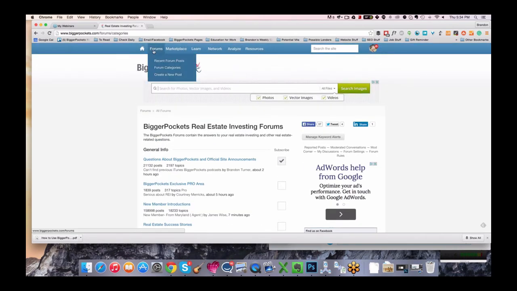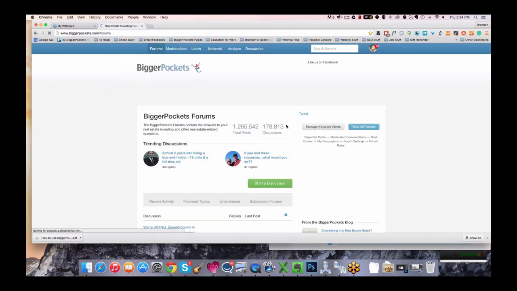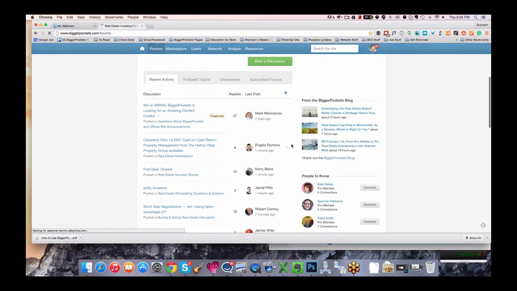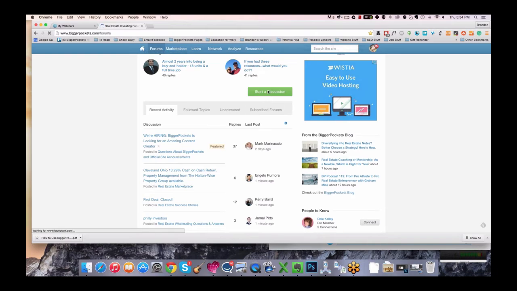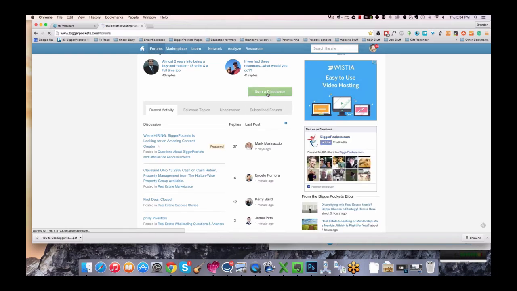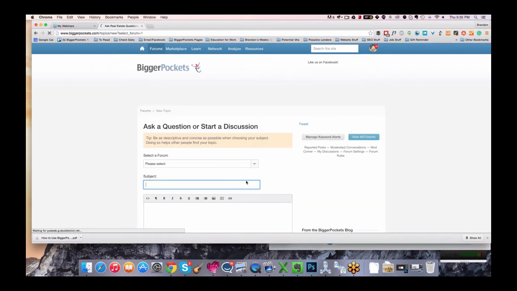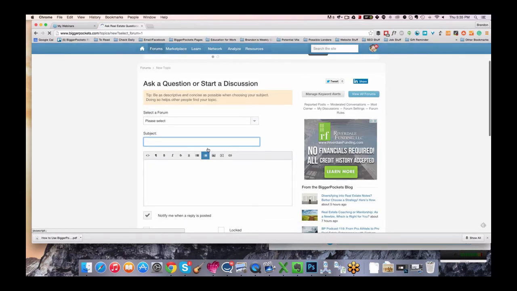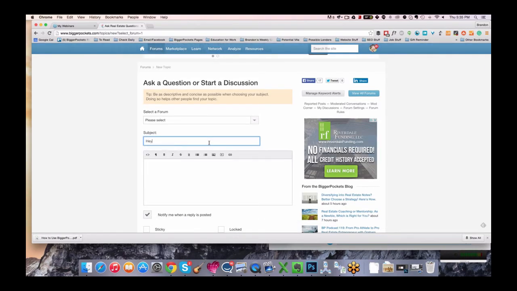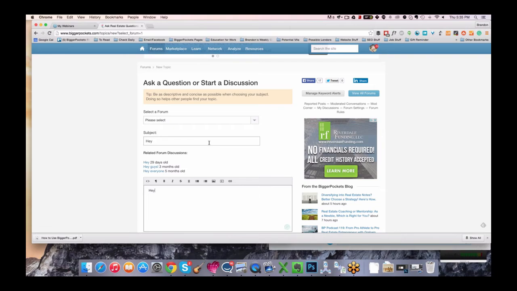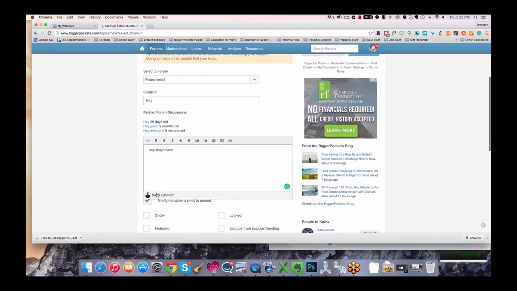Let's see. What else is there on the forums I should show you? Yeah, it's probably all for now. There's one thing I should probably show you if you're interested: the at mention system. This is a cool way to mention somebody, like a colleague. To at mention somebody, you just start typing, hit the at sign and type in their last name. That usually works best. Then you wait a second and it pops up underneath and you click it. If it turns blue, then you know they're going to get tagged.